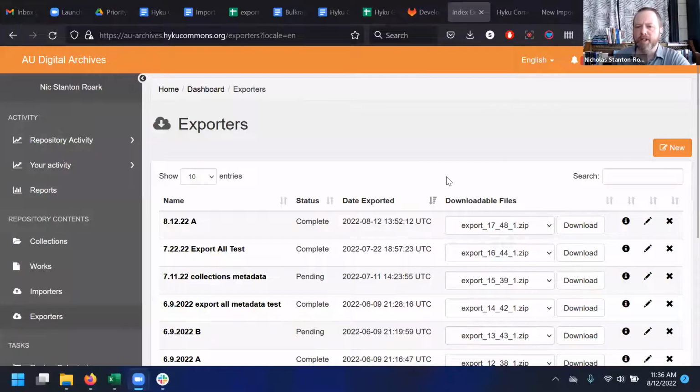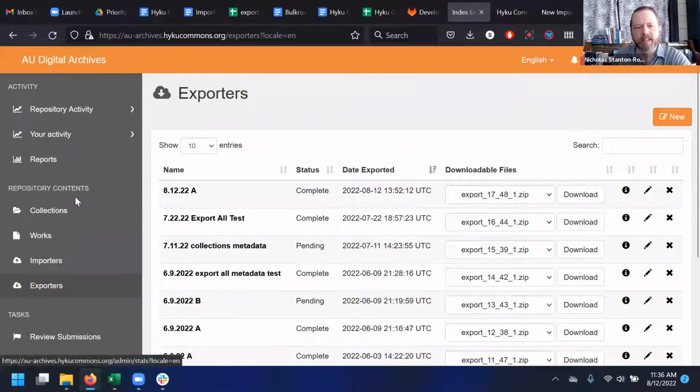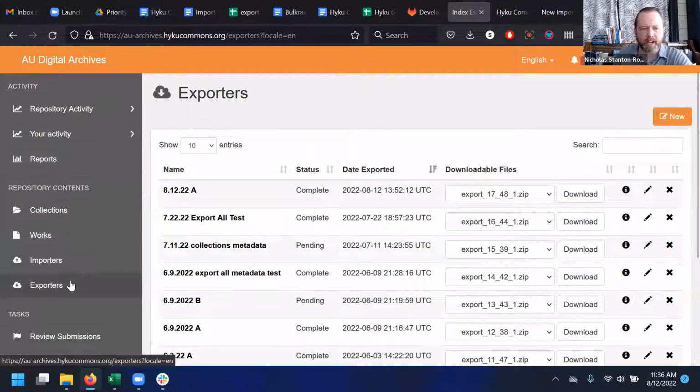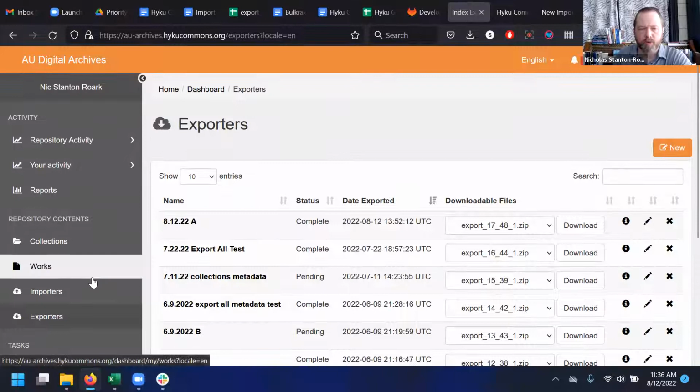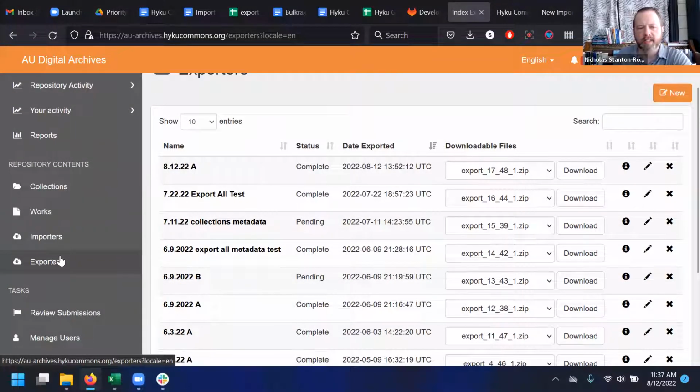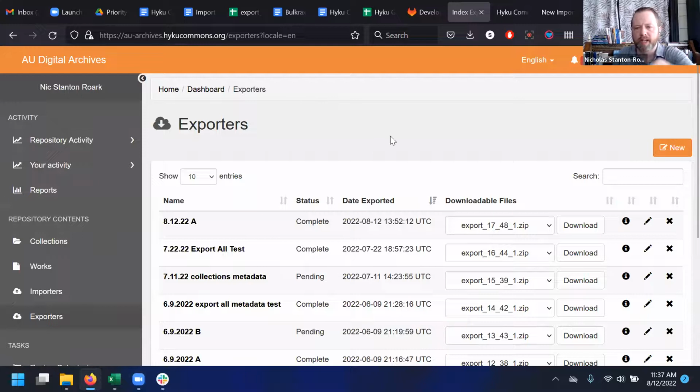But now additionally, we have exporter functionality with some degree of round tripping support for exporting and then importing into either another tenant, or exporting, changing metadata in bulk, re-importing into your system, whatever you want to do with that. And so the exporter is located on your dashboard under repository contents, exporters, and that'll take you to this